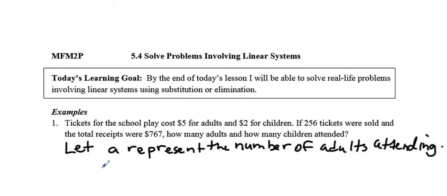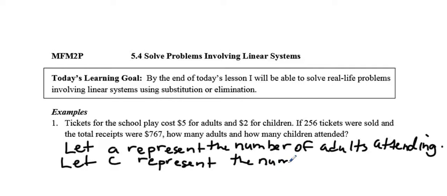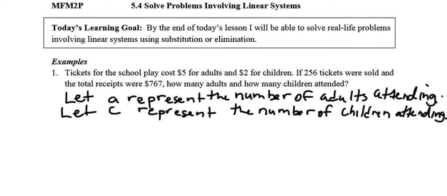And let C represent the number of children attending. And always remember what your variables represent, or always go back to your let statements if you forget what they represent. So now what we have to do is come up with two equations